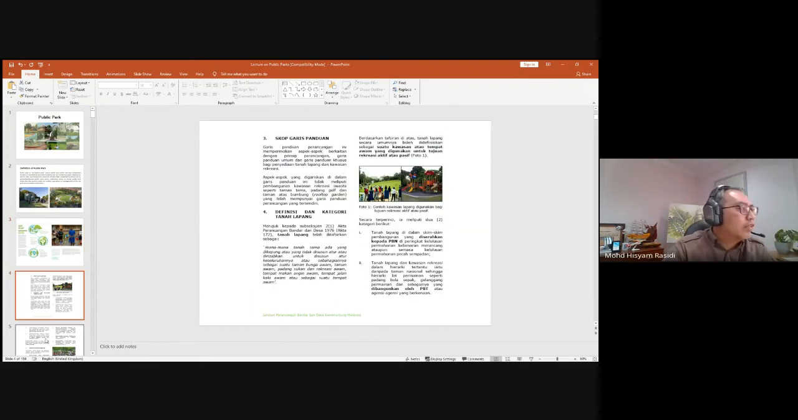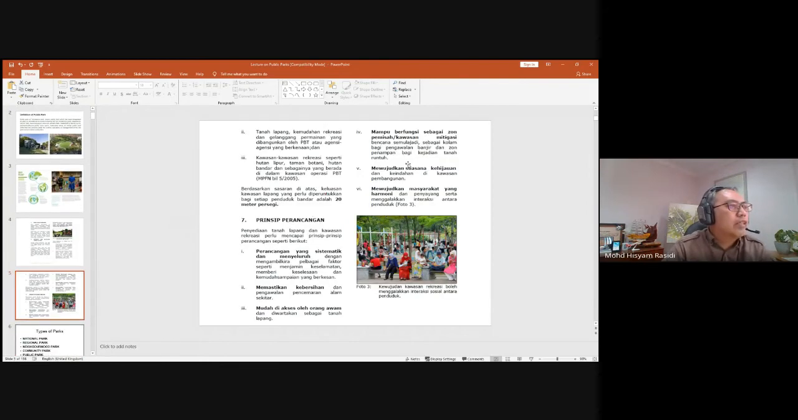So I think this is in Malay. Basically in Malaysia, in history, we have the lake garden that existed during the British era, right? For example, if you can see,